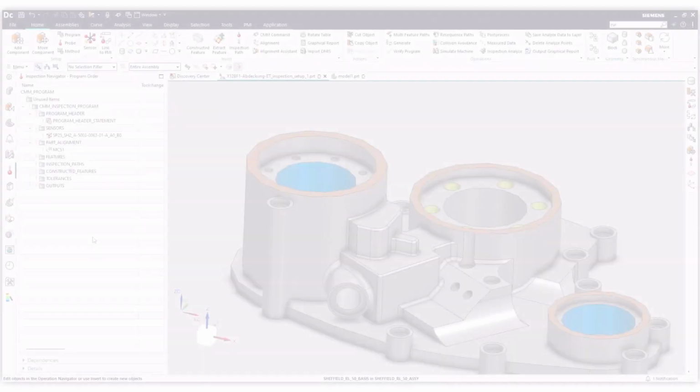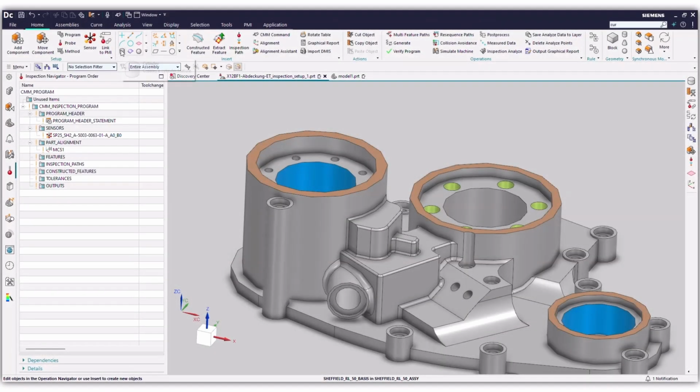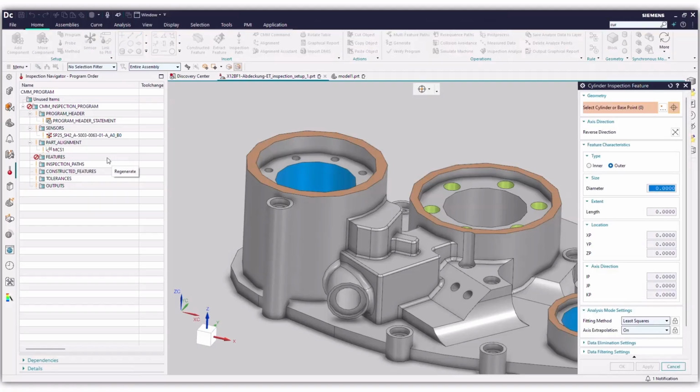In NX CMM inspection programming 2512, we have enabled new solutions, new methodologies to evaluate cylinders and circles. The first one is a cylinder, so I just create a new cylinder and I enable one of the new methods, the Gaussian, and I can create another cylinder